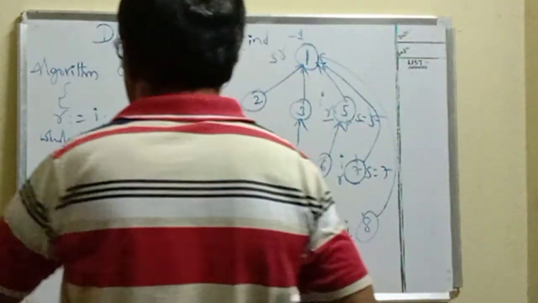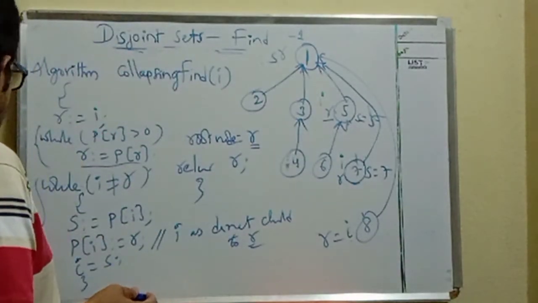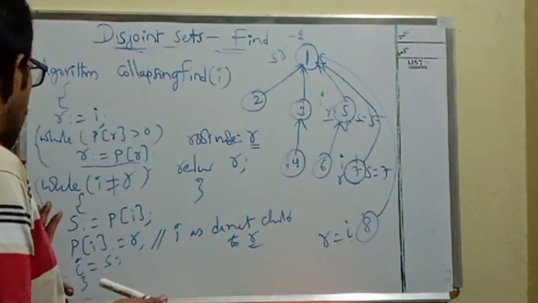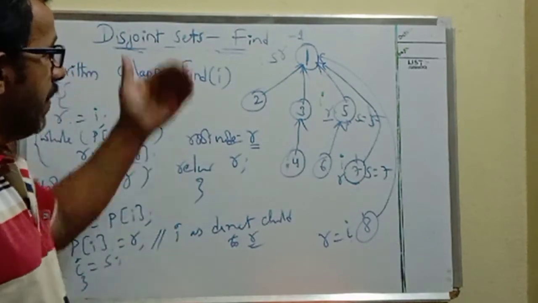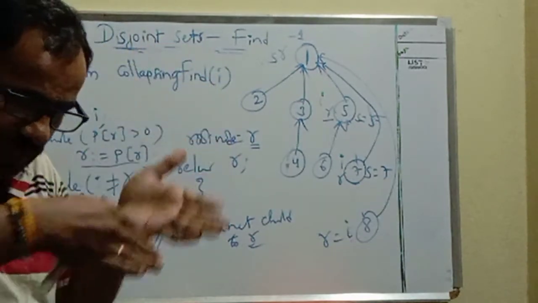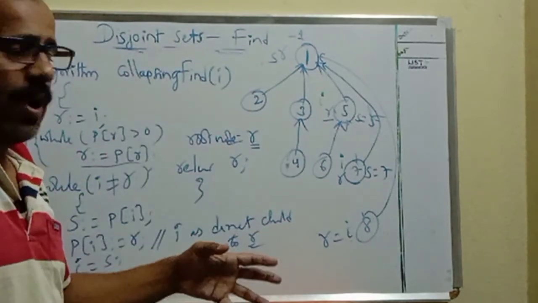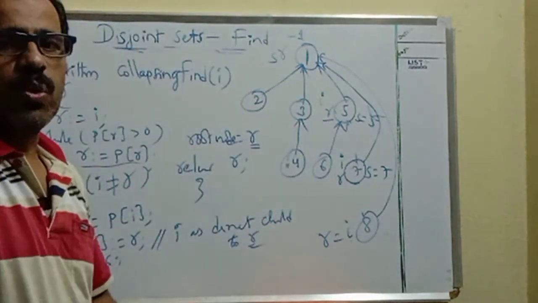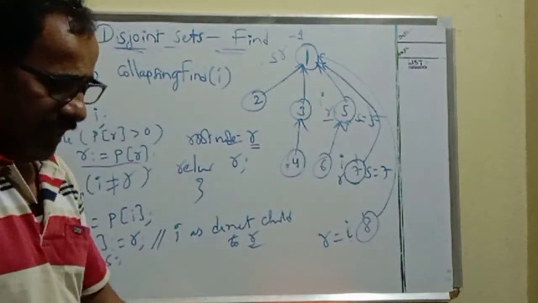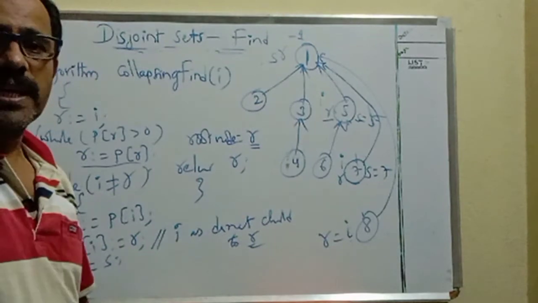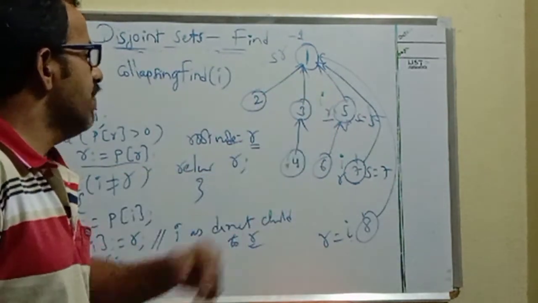This root node finding is first time for the respective node only. After that, by using this collapsing procedure, we collapse all the edges between root node and all the remaining nodes in the path up to 8, and we directly attach all the nodes in that path as next immediate children of the root node. So like this we can apply collapsing. Next time if find of 8 is required, the next immediate step is 8 only, then within one step we can reach 8, within one step we can reach 7, within one step we can reach 5.